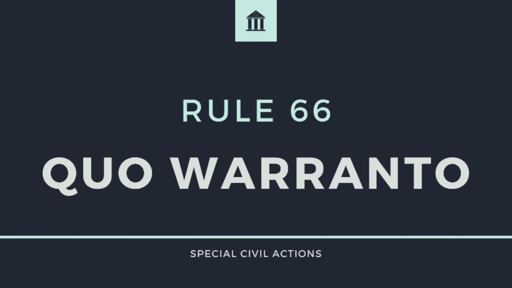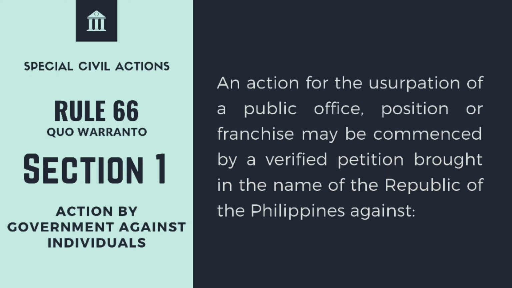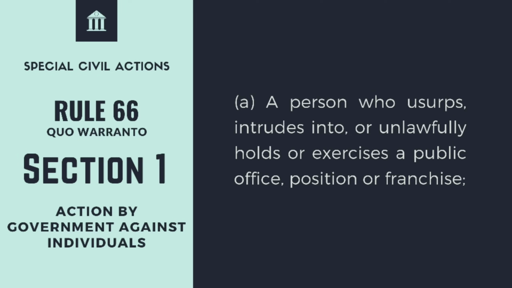Rule 66. Quo warranto. Section 1. Action by government against individuals. An action for the usurpation of a public office, position, or franchise may be commenced by a verified petition, brought in the name of the Republic of the Philippines against: A. A person who usurps, intrudes into, or unlawfully holds or exercises a public office, position or franchise;